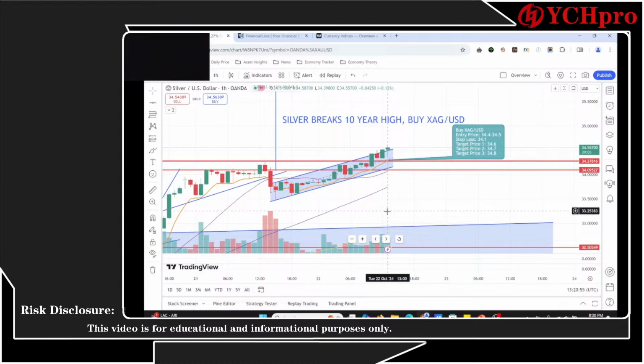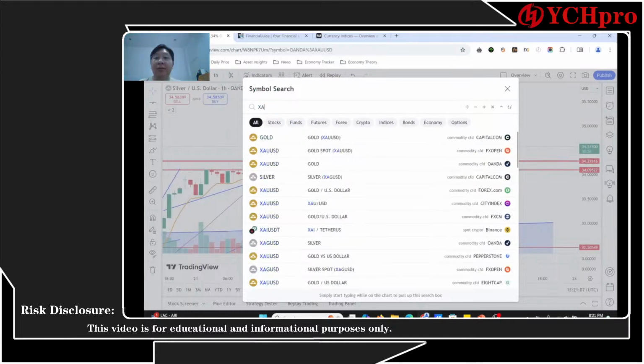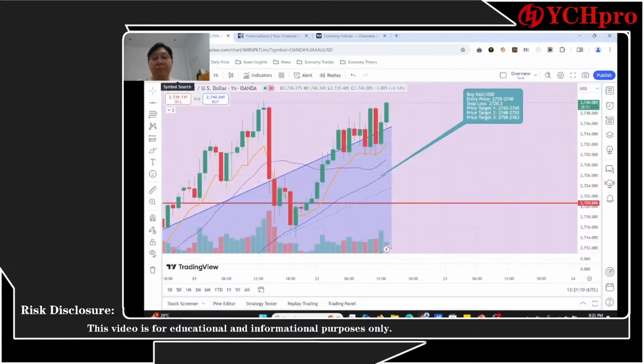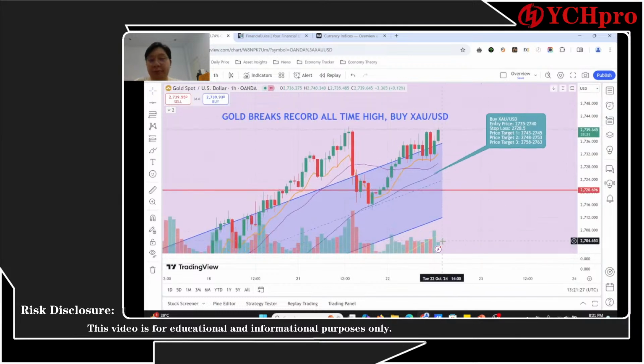Okay, guys. Let us check what has happened, since everything is still on track on both gold and silver prices. Okay, so back even higher on gold prices. So everything has been on track, guys. I might even start adding positions on my side because I'm still holding the trades.